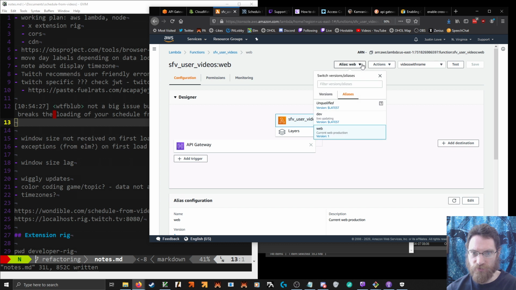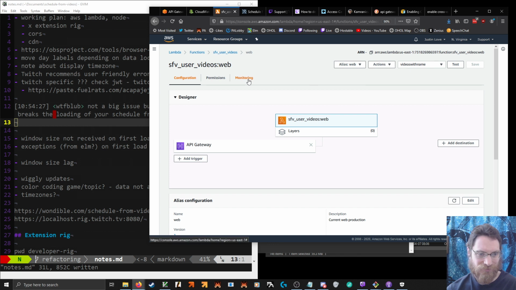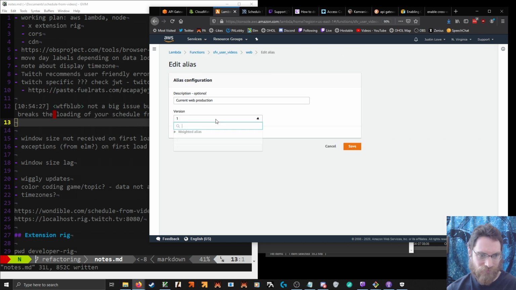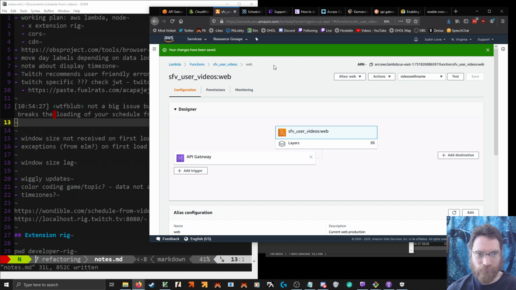How do I update alias? Alias configuration. So that will actually be more of a live change, I believe, because the stage is going to web. No, because you give permission to aliases. So the permissions should be okay.